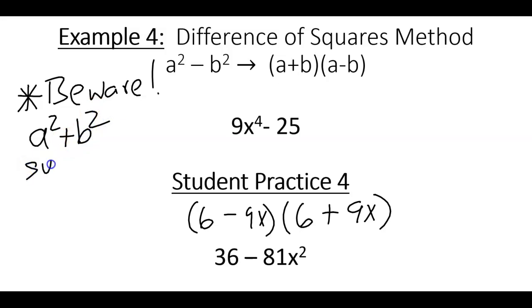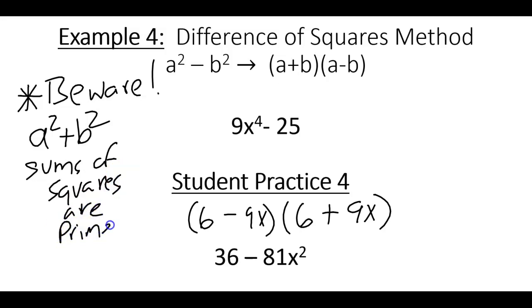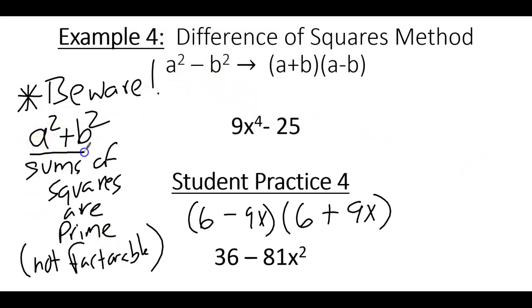Sums of squares are prime. And what that means is they can't be factored. Okay, we're talking about a difference of squares. It has to be two perfect square roots that can be subtracted from each other. But if they ever give you one where it's two squares being added, like if I were to change this